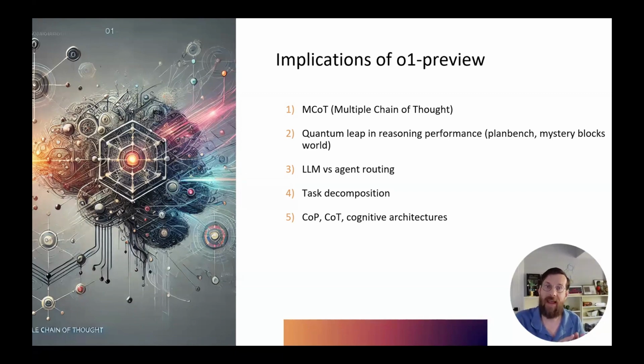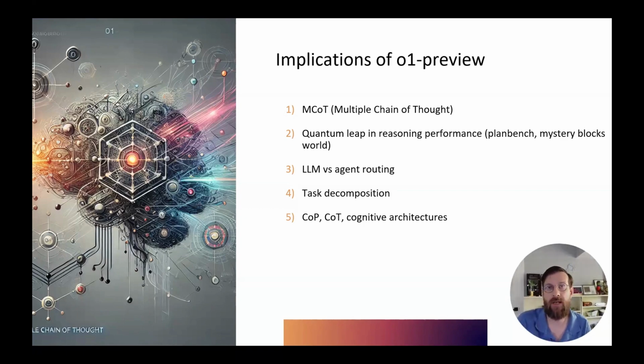Now, the way we start to address some of that is LLM and agent routing. So this is related to task decomposition. Once we decompose a task, and we know from observation that O1 Preview is very good at task decomposition, we then have to decide how to handle each of those tasks.